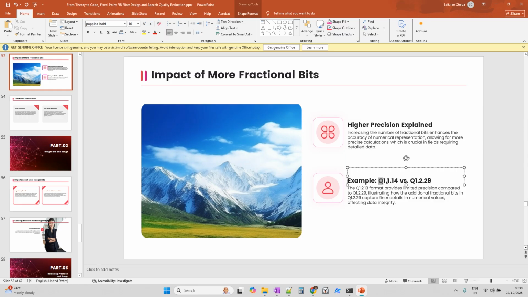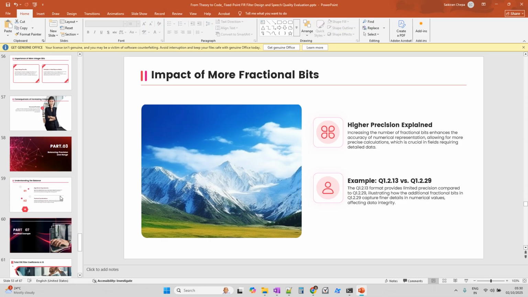We have to take care of that depending on the algorithm, like what we need. If more precision is needed, then we need to go for a higher number of bits. If we cannot reduce the range and we need to increase the precision bits, in those cases we have to go for a higher number of bits, 32 bits. That's the idea. So next is